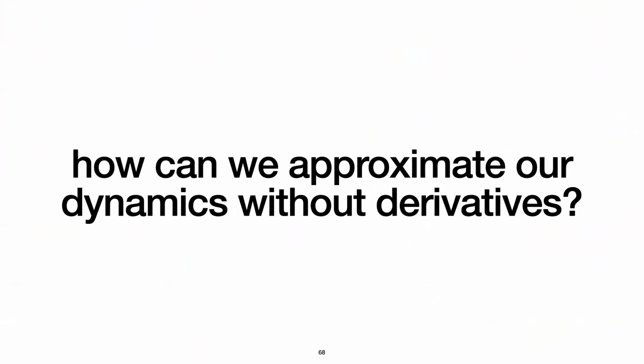So the next question is, how can we actually approximate our dynamics without forming these derivatives? What we showed in the quadrotor example was that having derivatives sometimes is like the ultimate cheat code. It gives us great control with very little compute. But if I can't compute these derivatives because our dynamics is a black box simulator,